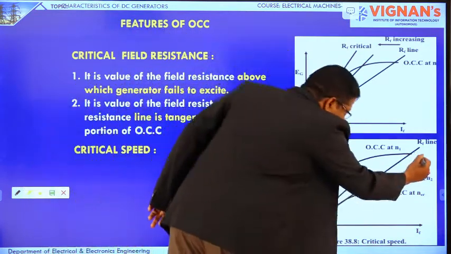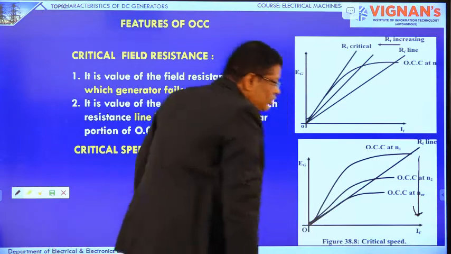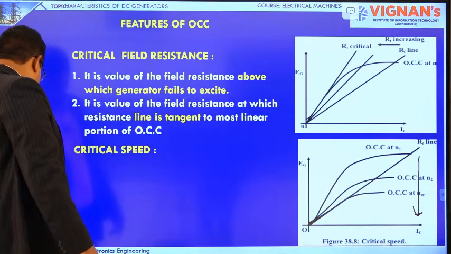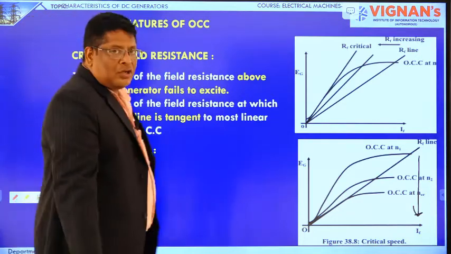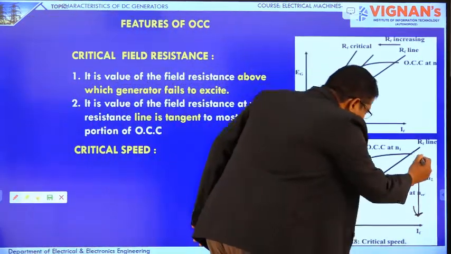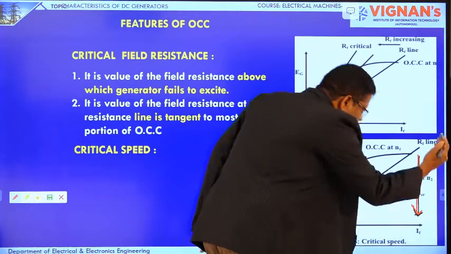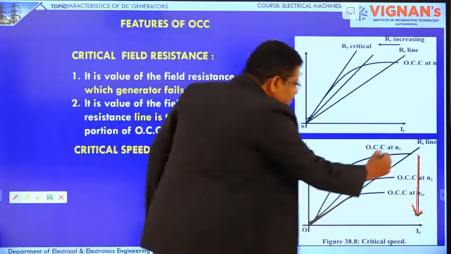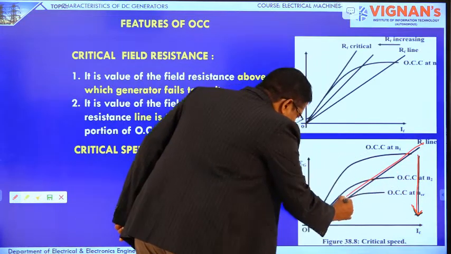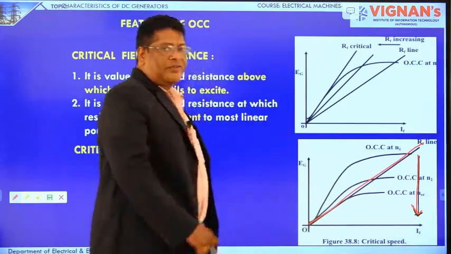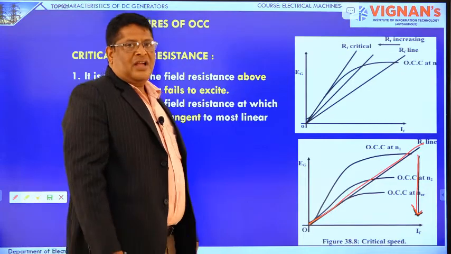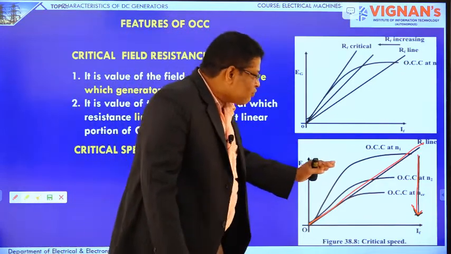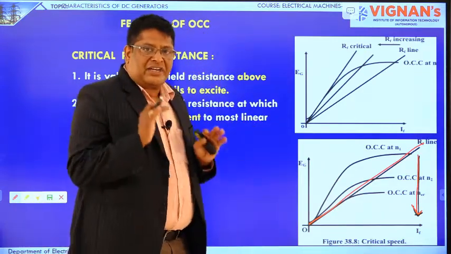In this manner it decreases. The OCC of generator will decrease downwards in this manner. This straight line is nothing but the field resistance line. As the speed of a generator decreases, the magnitude of the voltage induced in a generator decreases,